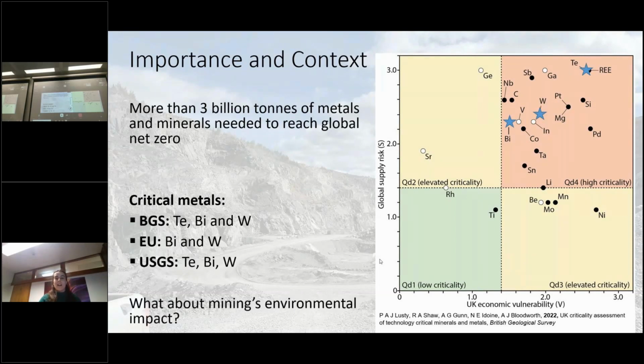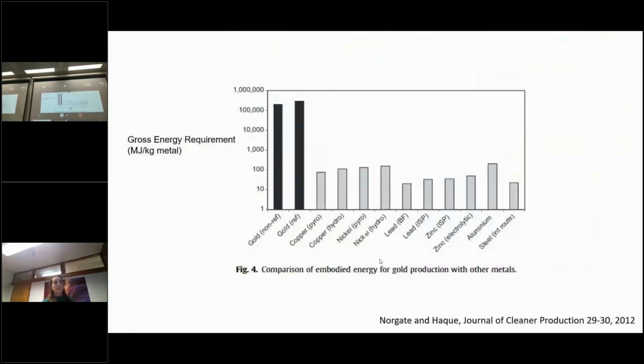However, mining has an environmental impact too, and indeed gold mining is one of the worst offenders in this respect, as it contributes quite little to the energy transition. It has a very high carbon footprint and tailings footprint. As you can see from this plot, it has a much higher relative embodied energy, a measure of relative carbon footprint. This is a log scale on the vertical axis, so it's nearly 1,000 times more energy intensive